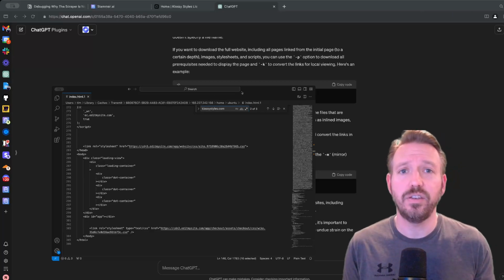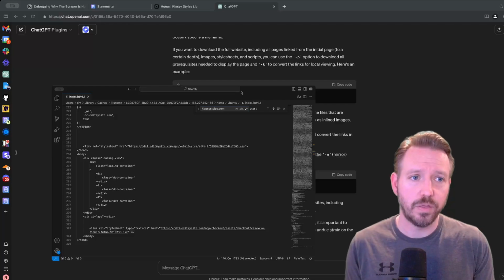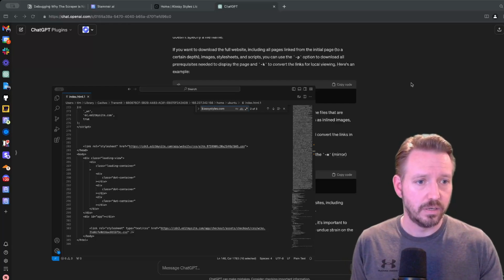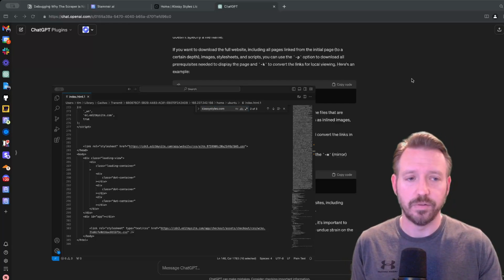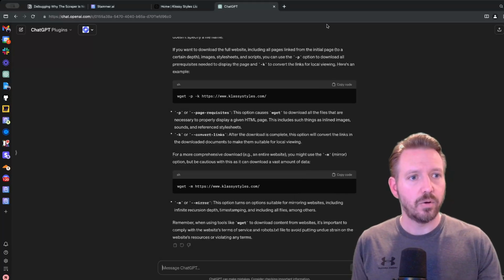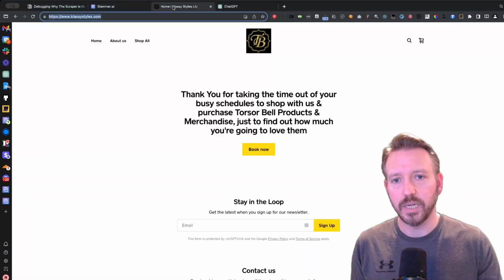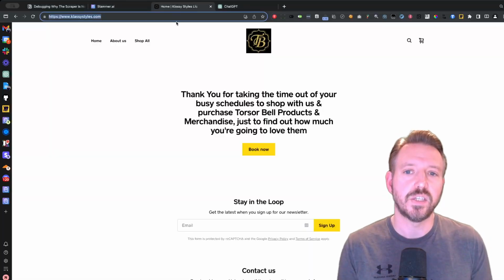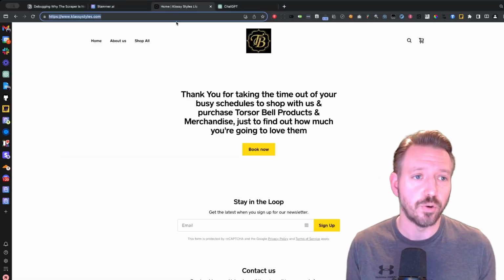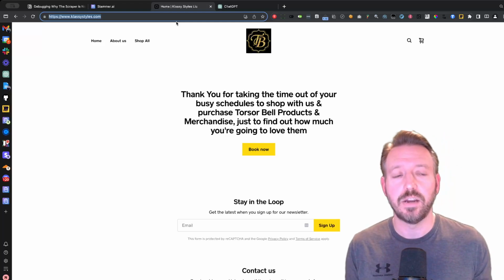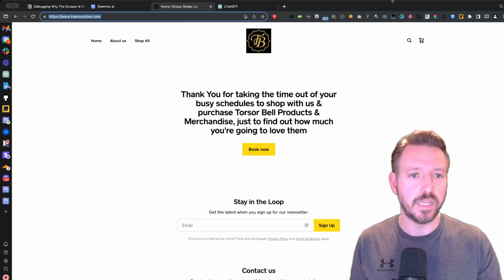Now, what can you do in this case when the web page is being delivered via JavaScript? Well, let me move this out of the way. There we go. What you can do, if you need to get this content, is simply visit it in your browser, and then use a Chrome extension to get the data you need.